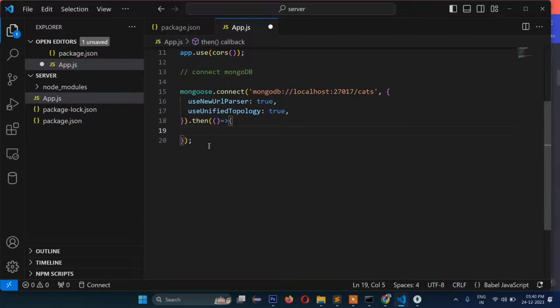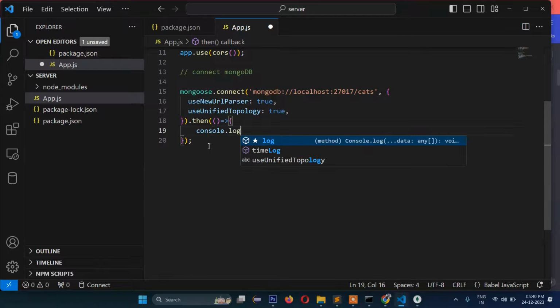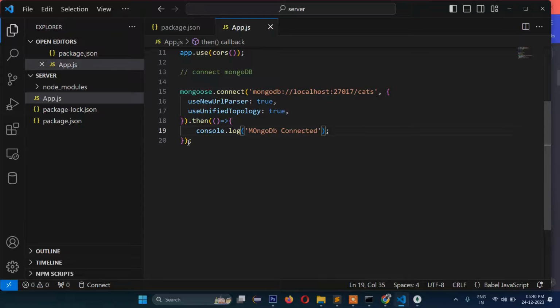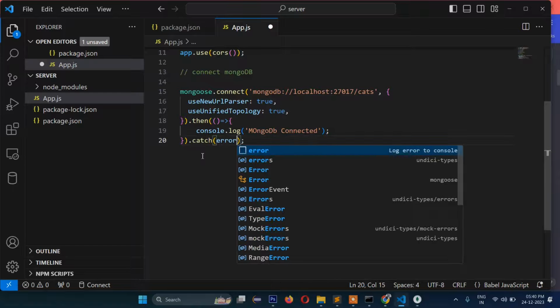So console dot log, and then MongoDB connected, catch error,